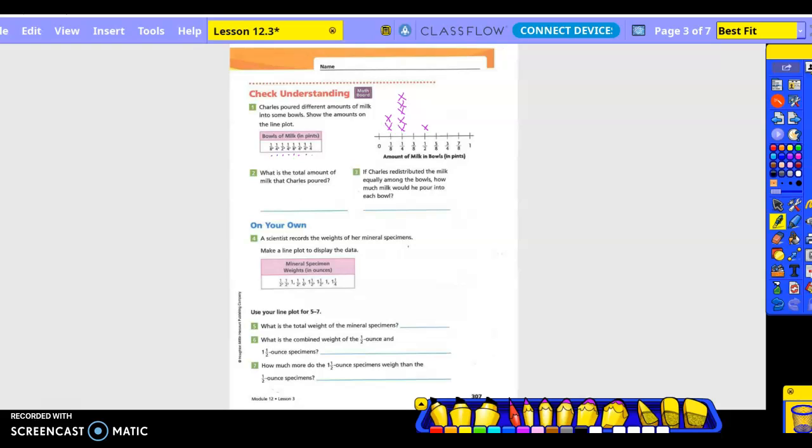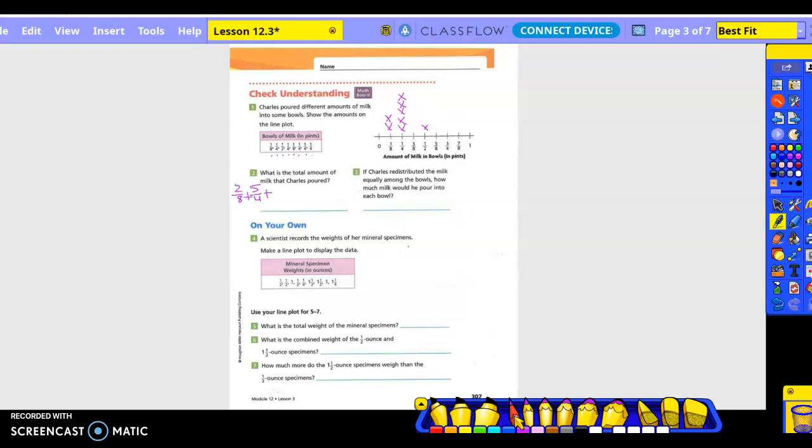Okay. So what is the total amount of milk that Charles poured? So we have to add all those up, right? Okay. So how many X's are on 1/8? 2 times 1/8. So that would be 2/8. Actually, let's do it this way, so we don't take up so much room. So 1/8 plus 1/8 is what? 2/8 plus 1/4 plus 1/4. If we did that 5 times, what would that be? 5/4